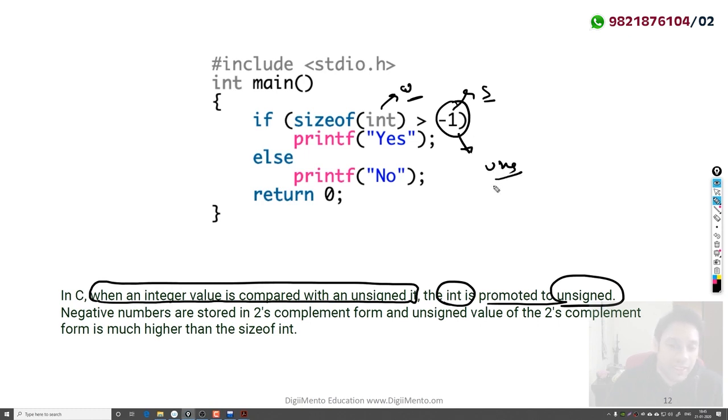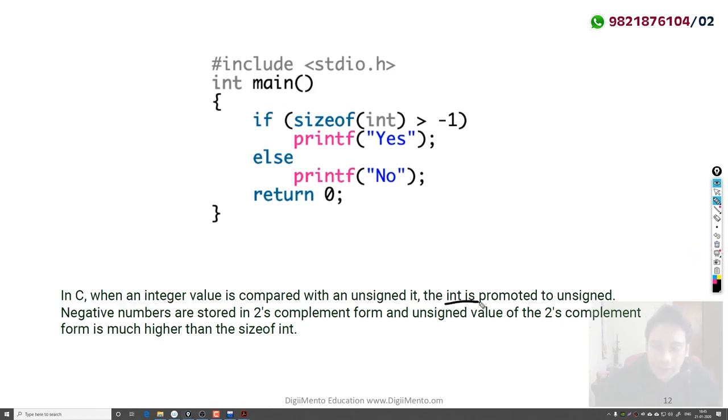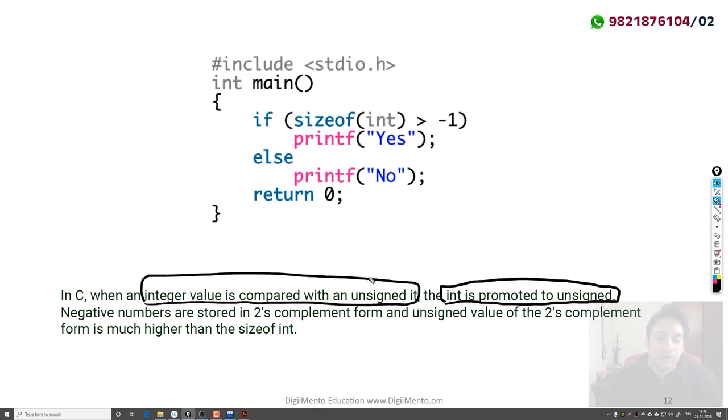So that is why the output of this program is no. Clear? This line is very important. You can take note of it: the integer is promoted to unsigned whenever an integer value is compared with an unsigned value.